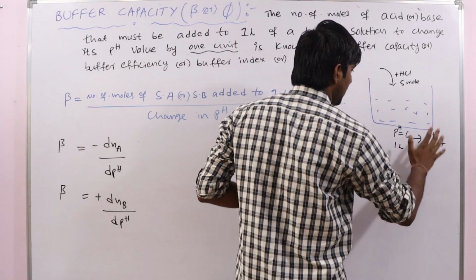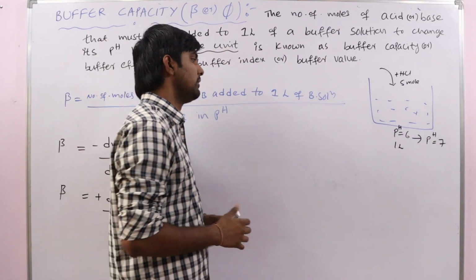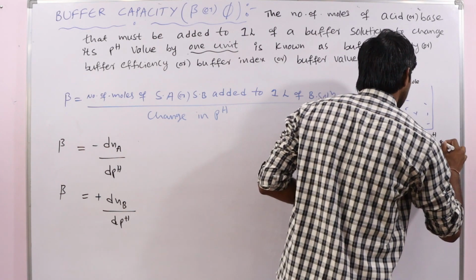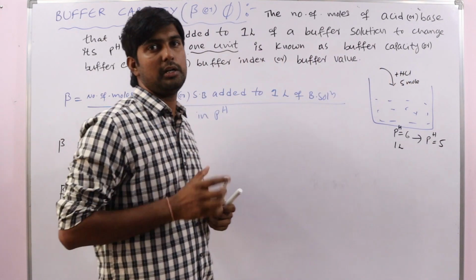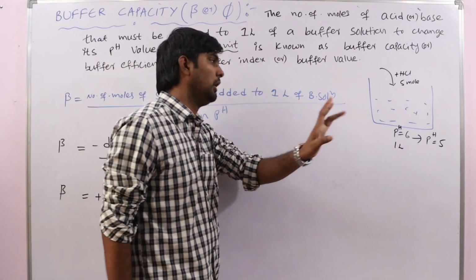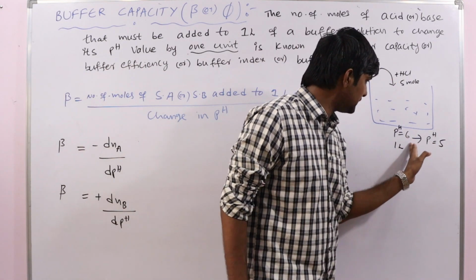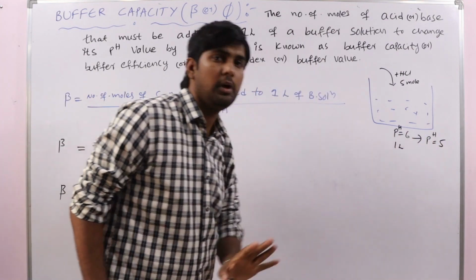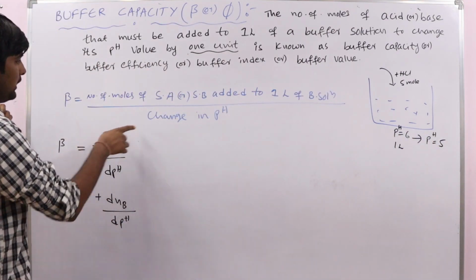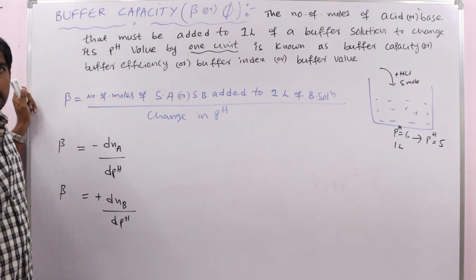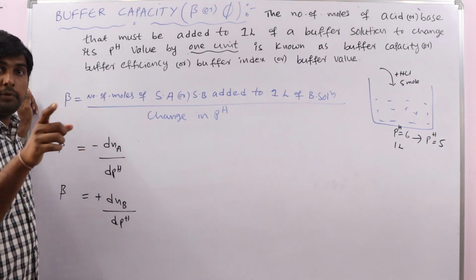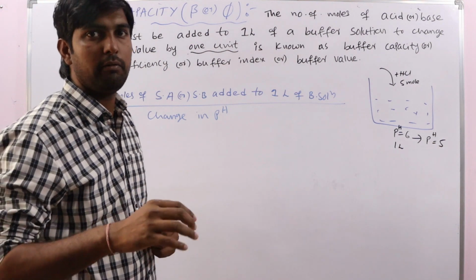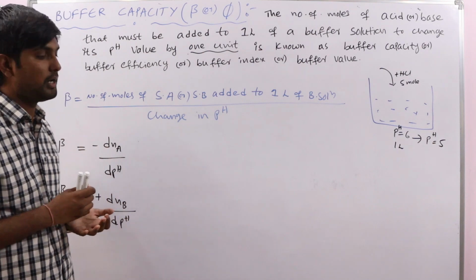See here, this is for general understanding purpose only. Suppose the pH, remember that only for understanding purpose I took those values. So when acid is added, what happens? pH decreases. Okay, so pH changed from 6 to 5. So that's why the change in pH will be minus. Yes or no? So then we get a negative value for efficiency, but that is not correct. Yes or no? So always they are expressed as a positive quantity only.